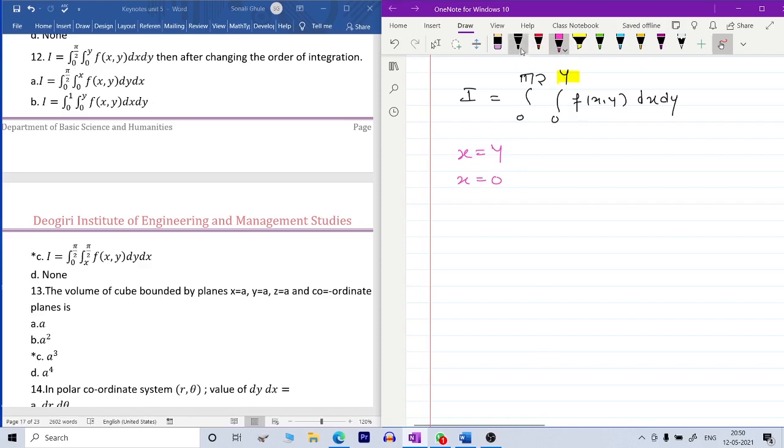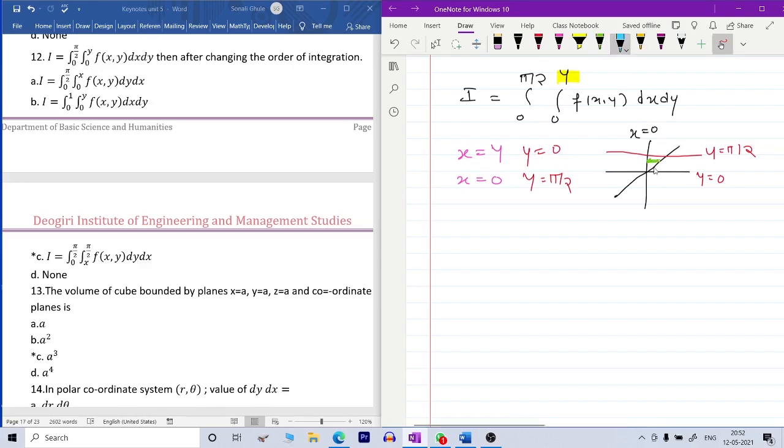So let's draw here first curve. This is your x equals to y and x equals to 0 means y axis. Now inner limit अगर x के लिए है तो outer limit y के लिए है. So यहाँ पर y equals to 0 and y is equals to pi by 2. Both the limits are constant. So y equals to 0 यानी कि x axis होती है. And let's say y is equals to pi by 2 is here. This is your y is equals to pi by 2 line. Okay. अब अगर आप यहाँ पर चेक करोगे तो लोअर एंड x इक्वल टू 0 यानी कि ये वाली लाइन पर है, तो यहाँ पर आपकी स्ट्रिप का लोअर एंड होना चाहिए, और अपर एंड जो है x इक्वल टू y यानी कि ये वाली लाइन पर यानी कि यहाँ पर. तो ये जो स्ट्रिप है ये हॉरिजॉन्टल है.